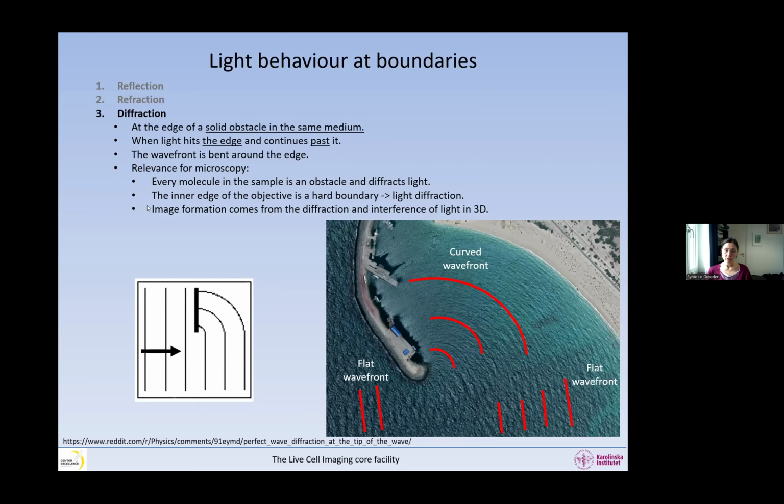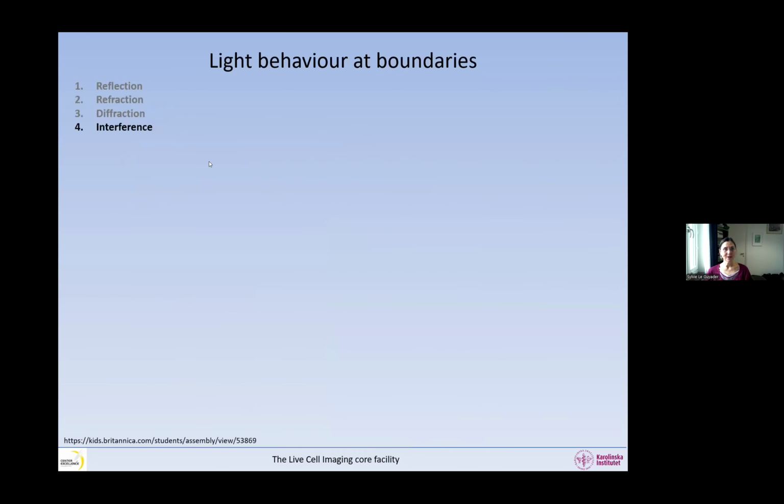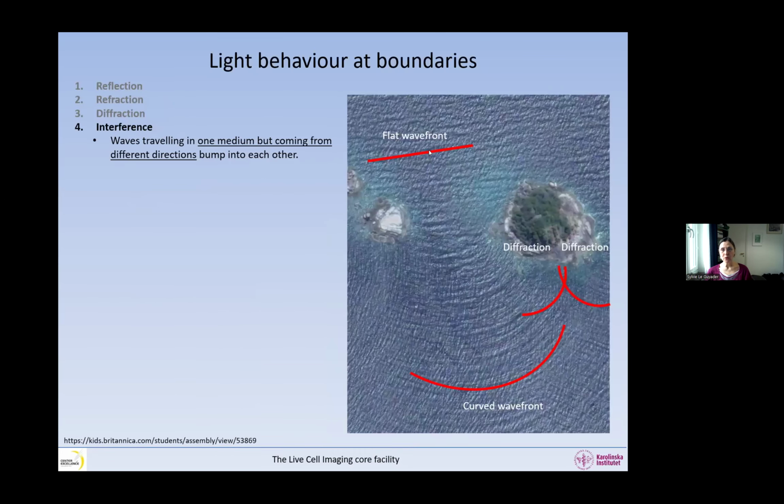And actually, I'm going to tell you about this now. Image formation comes from diffraction and the interference of light in 3D. So diffraction is very important for us, otherwise we would not be able to image. So now we're going to talk about interference. What is that? Well, we'll talk about diffraction and how the